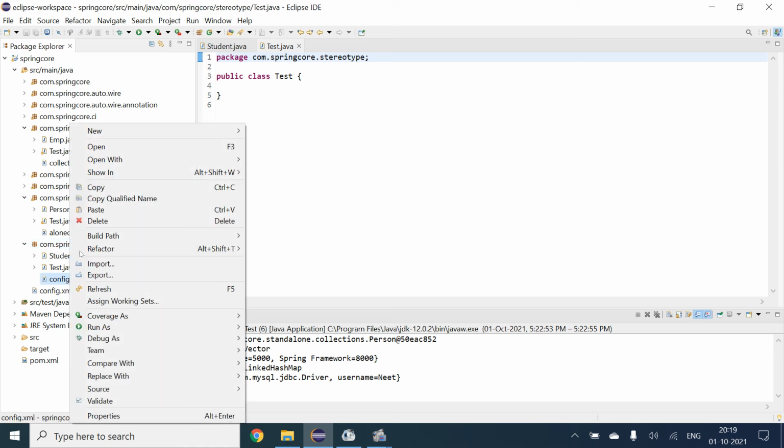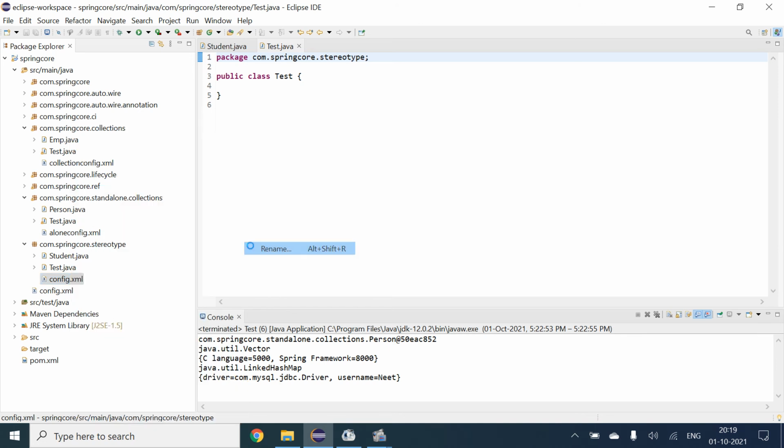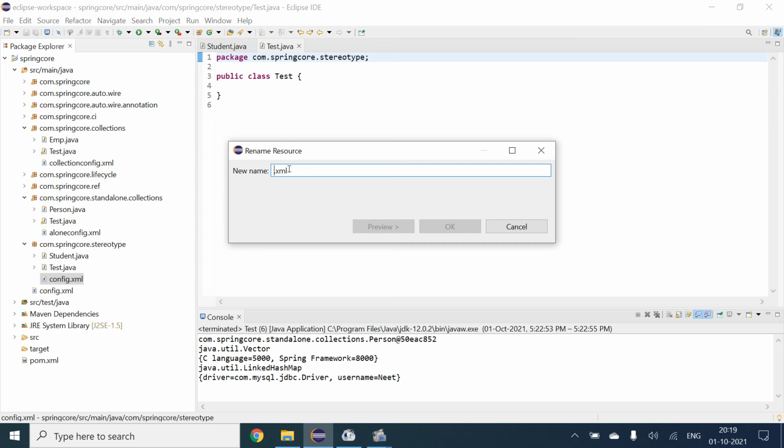Now I guess we will rename this to stereo config.